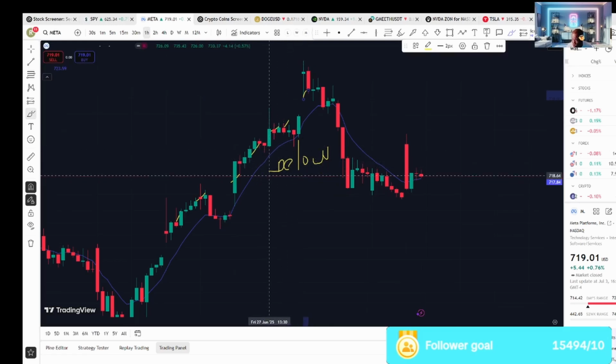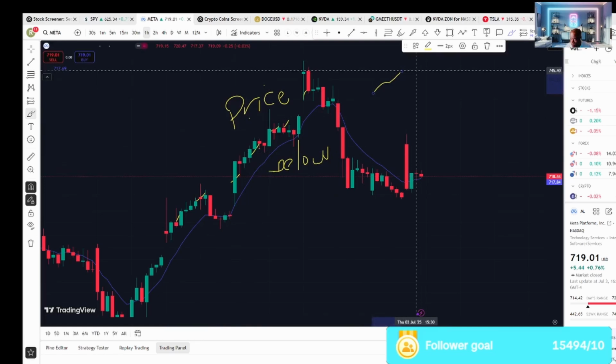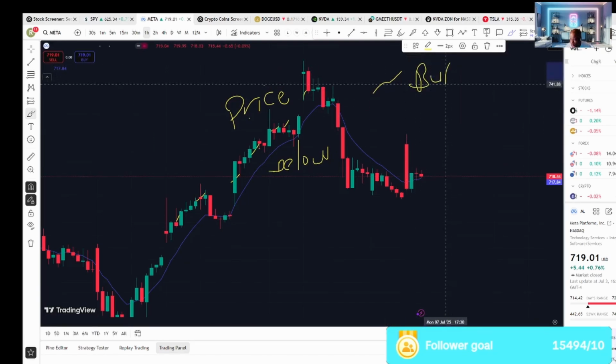Now, it's below the moving average. Whenever the moving average is below the price, we call the candlesticks price. So whenever the moving average, which is the blue line, is below the price, the stock is bullish. That means the stock is moving higher. We have what we call bullish in the stock. It's two things: bullish